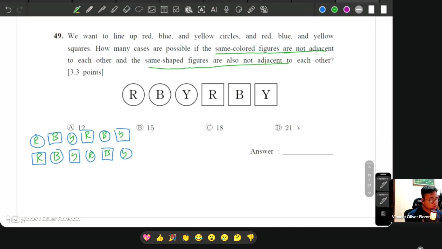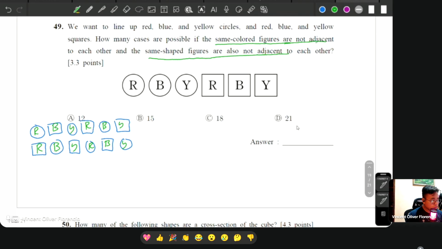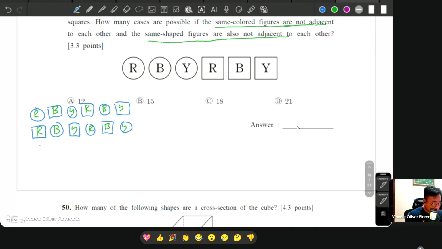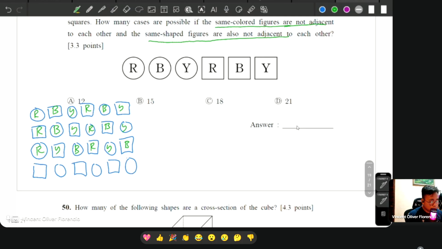This is the different arrangement, right? Because of different shapes. Also, I'll repeat that one. I will just repeat that because isn't it also possible that if you start with red, instead of blue first, you can have yellow: R, Y, B, R, Y, B? And one more. This one. So, R, Y, B, R, Y, B.